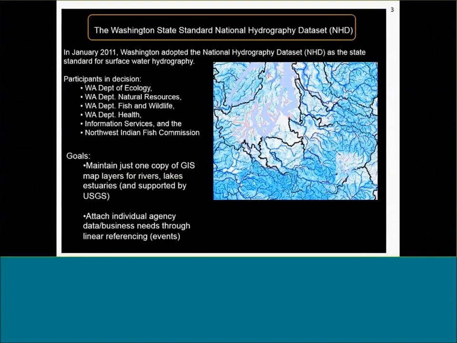So having these separate GIS hydrography layers is okay when you're doing separate management, but they're expensive to maintain, and we have a lot of data in common. We had a lot of problems we wanted to solve by trying to get our data on the same